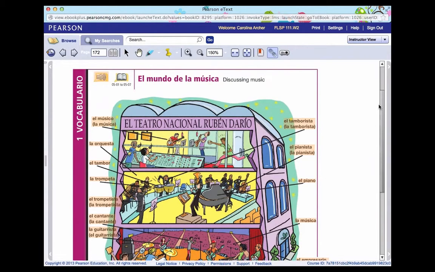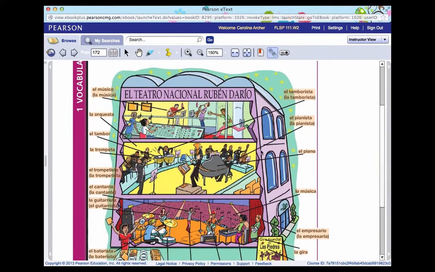We're going to start here at the top. Then we have El Teatro Nacional, Rubén Darío. Rubén Darío is a very famous writer from Nicaragua. We have El Músico, the musician, o la música. El tamborista, the drummer, el tamborista. El pianista, the pianist, el pianista. And you're going to notice a pattern here. The ista ending, tamborista, pianista,